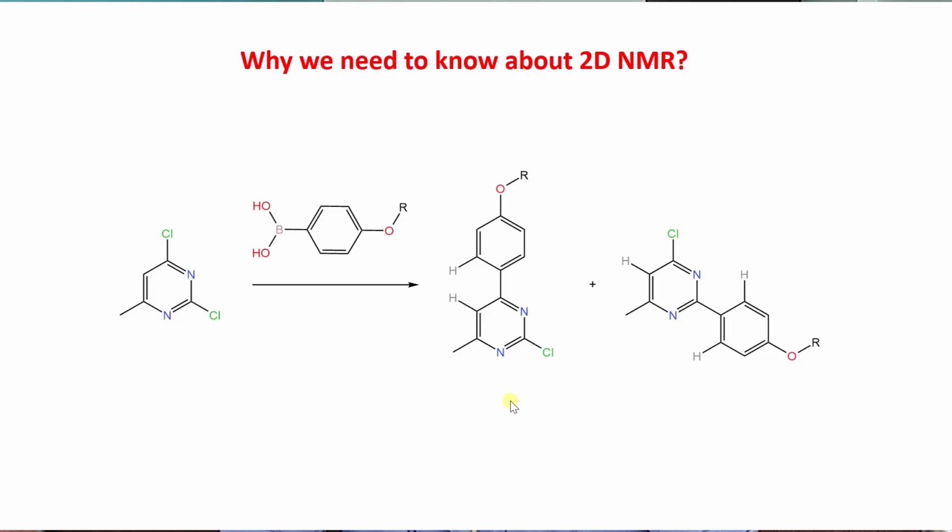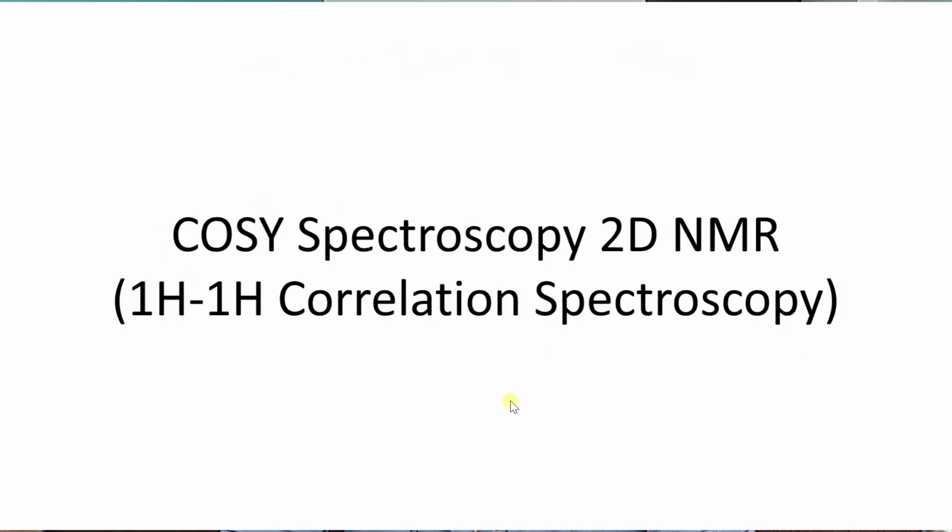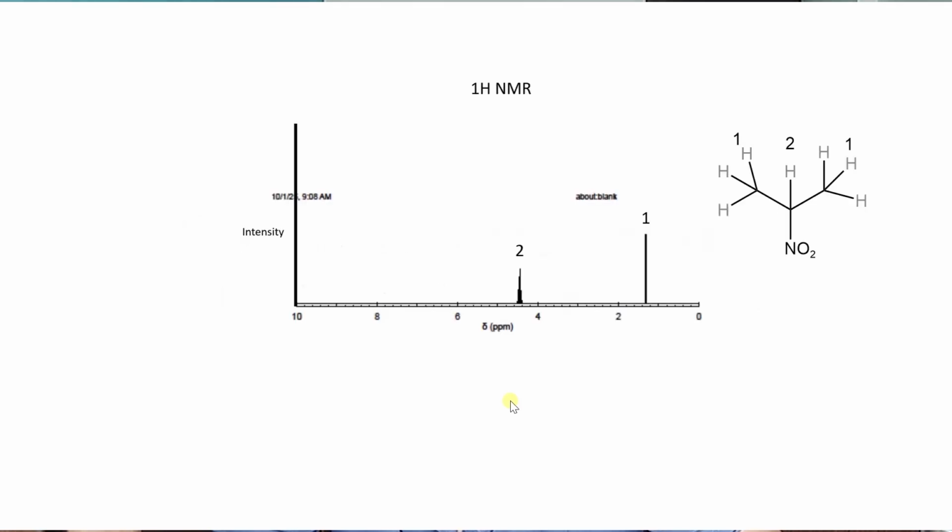Here there are two major 2D NMR experiments that we generally use in our labs. One is COSY, that is 1H correlation spectroscopy. In this spectroscopy, we generally check the adjacent carbons and attached protons, and then we correlate these adjacent protons and find them in the NMR. We will see how the spectrum of the COSY NMR looks like, and how we predict the structure using the COSY. So first we can see this group,